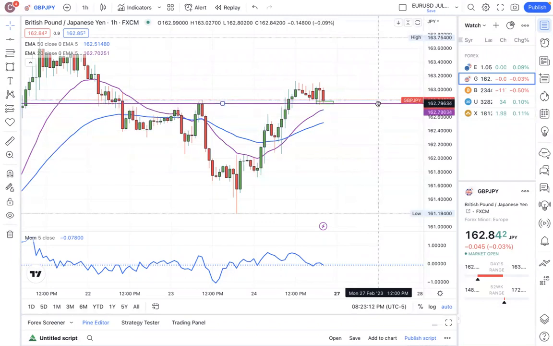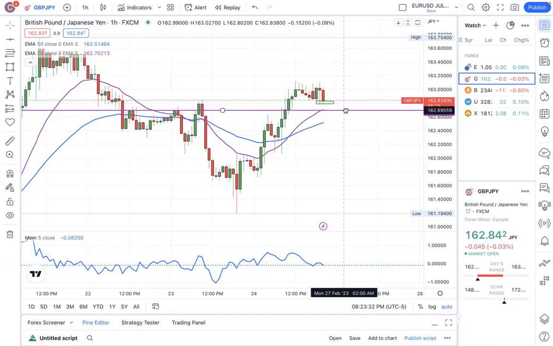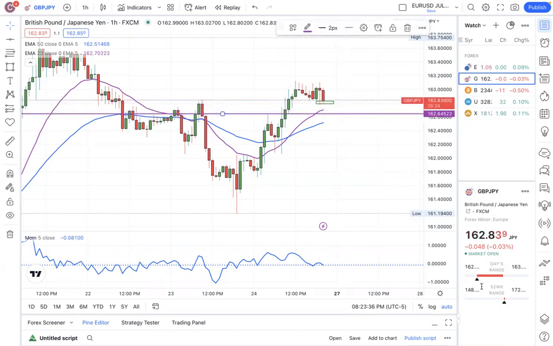So we're going to set our entry around 162.842. And this is for a buy, so we're going to set our stop loss at the previous low, or where we see previous liquidity. So let's just go down a little bit right there. And we're going to say our SL is, because these pairs act straight up crazy,